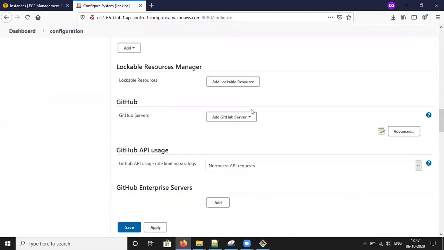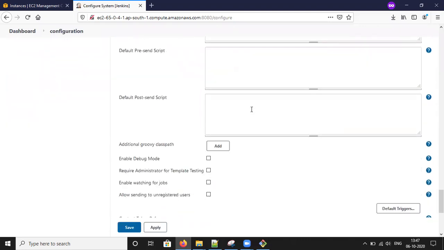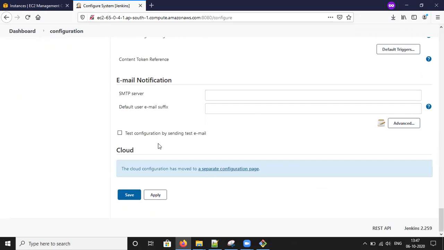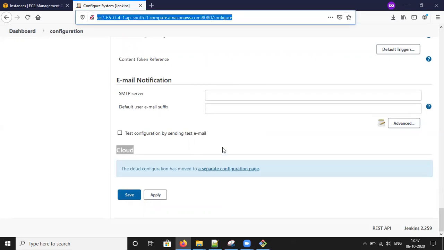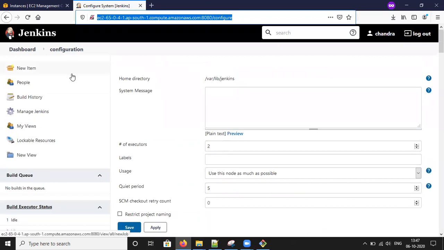Check if there are any cloud options for setting up the Amazon cloud. Yes, here you can see the cloud for configuring. You have to configure the Amazon EC2 cloud here. Up to this we have done today, and in the next session we will see how to configure the Amazon EC2 cloud on Jenkins.